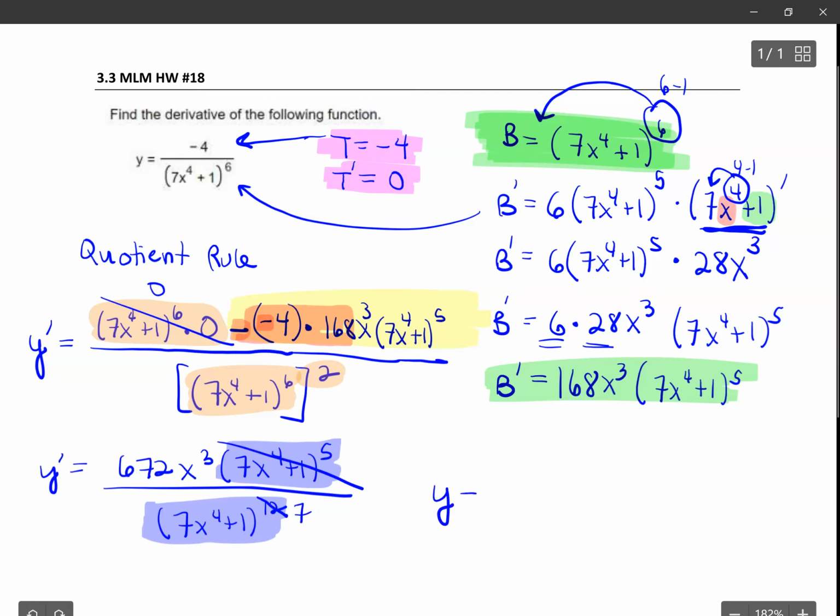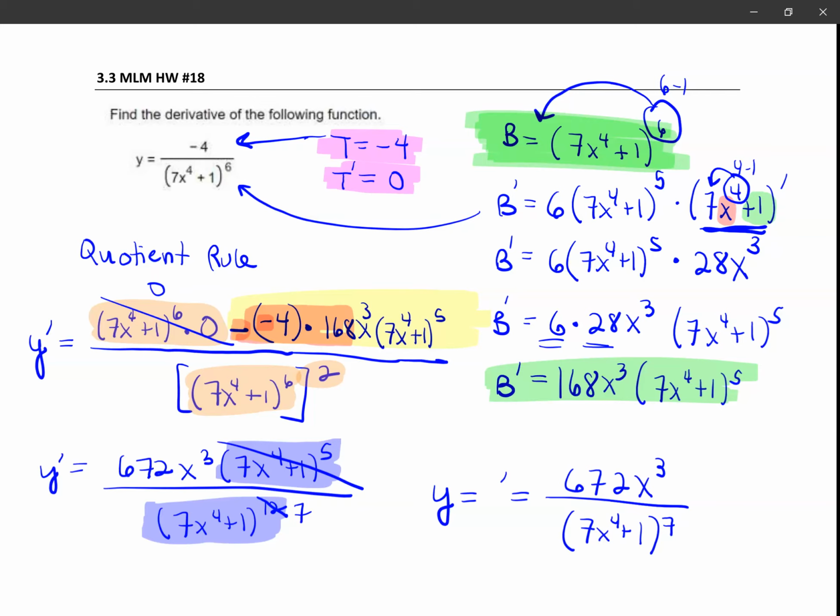So when it's all said and done, my derivative is 672x cubed in the numerator, and then I just have 7 of those binomial factors left in the denominator. Okay, and we can get this exact same answer by doing the product rule. So let's do that. And I'm going to keep this answer here so we can see we end up with